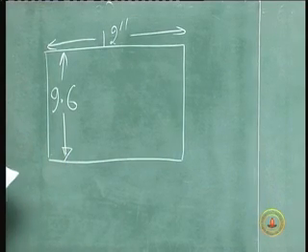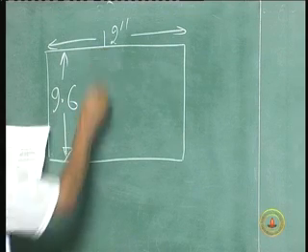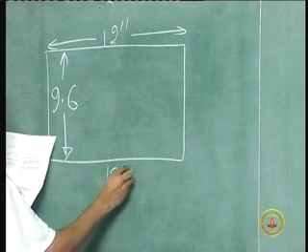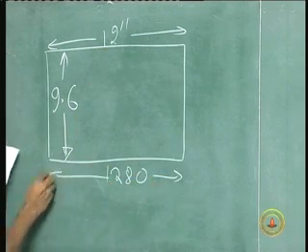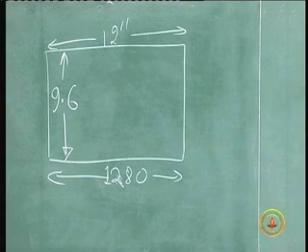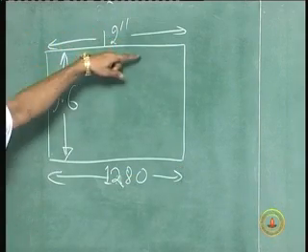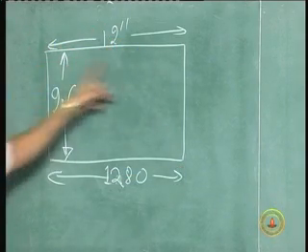And we had said that along this we have 1280. So, we basically want to put 1280 pixels along each row, and each row will have 1280, and the total number of columns is 1280, basically